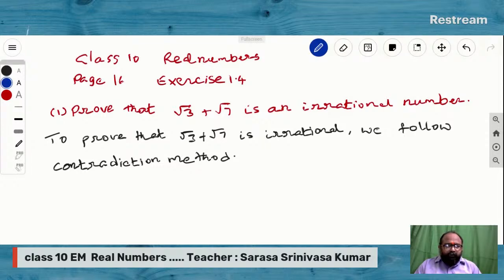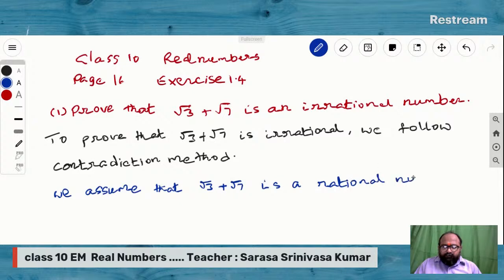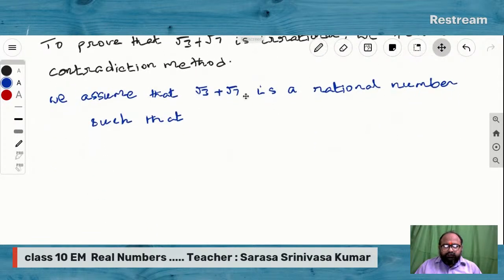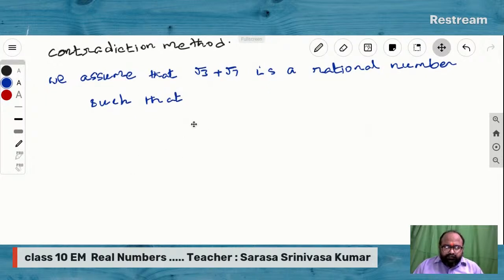In the sense, we assume that square root of 3 plus square root of 7 is a rational number such that, so when we define a rational number, we have to write the conditions such that square root of 3 plus square root of 7 equal to a by b,